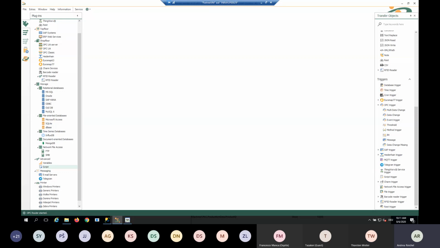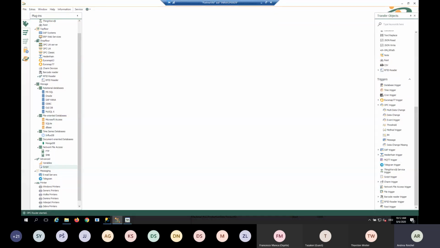Because we don't save the values in the OPC router configuration database itself, if you use an InfluxDB, for example, as a very high performance target system, then it should be possible. I would not use a classic SQL database because it could be slow. Even though it could be possible to log 1,000 to 5,000 tags. We have customers doing that, but if you have 5,000 tags, for example,